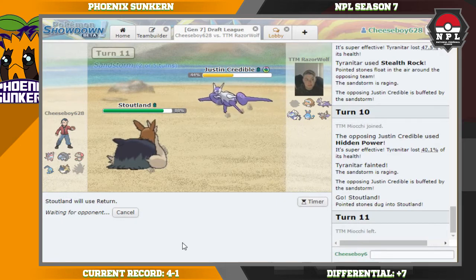Getting rocks off my side would be very nice. I do have the capacity to do so as soon as I can bring in Donphan again. And seeing as he's not Life Orb, and seeing as he doesn't have any attack boosting nature unless it's like an Ice Plate or something, an attack boosting item, I mean, then